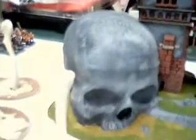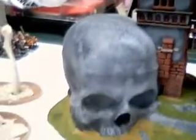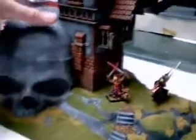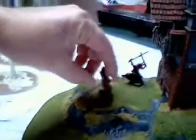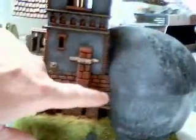I'll get a shot around the back in just a minute. I decided to put my vampire counts on there to show you how it looks. I went with that whole dead look to it, so it's got the human-sized skull, which gives you an idea size-wise. And then I built off the small hill from the game shop terrain, and for fillers, I had to fill in and make bricks right through here, and